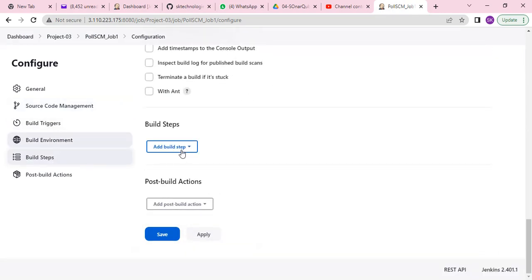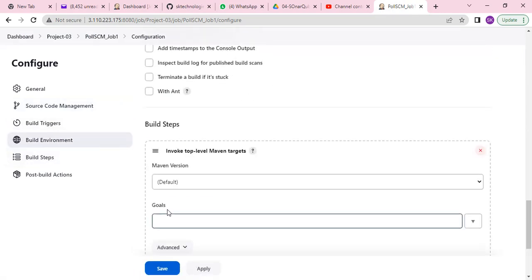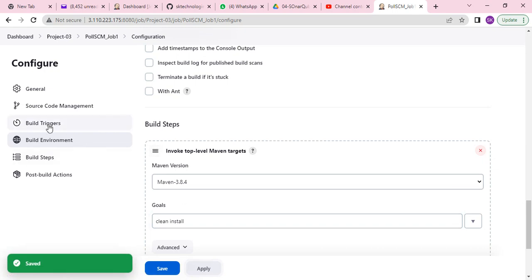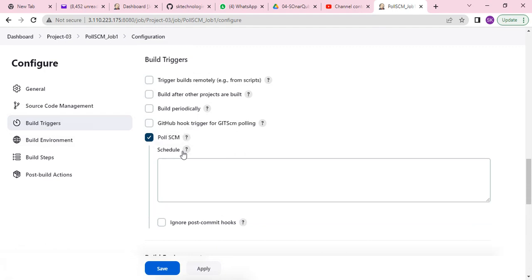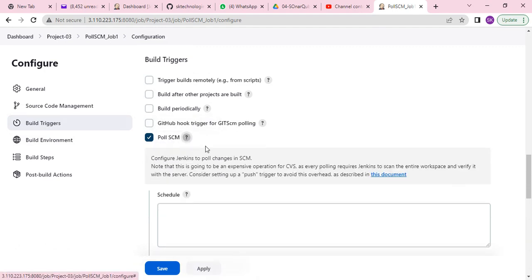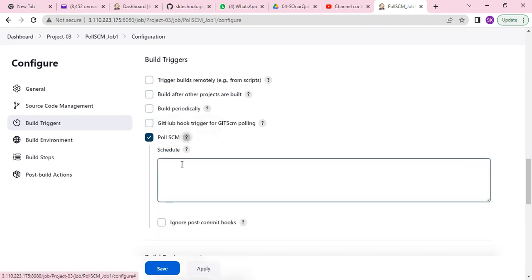Here add build step, invoke Maven. You can select the Maven and give clean install, you can give anything. Apply this. Now click on build triggers and select PollSCM. See, again there is a schedule. If you click on the question mark on PollSCM, it says configure Jenkins to poll changes in the SCM. You can walk through all this documentation. Now I am giving the schedule as all stars, which means every minute the job will trigger